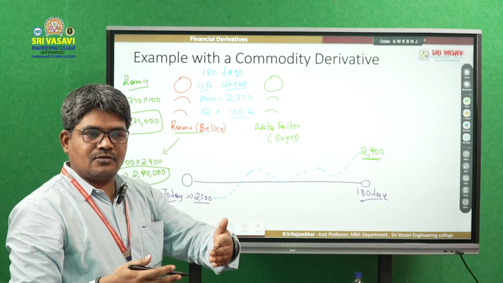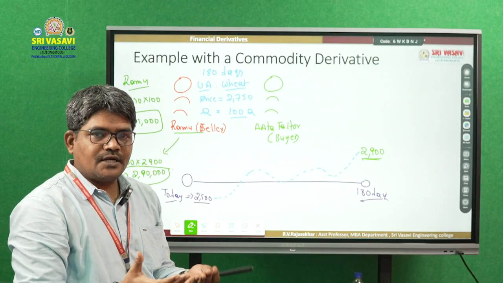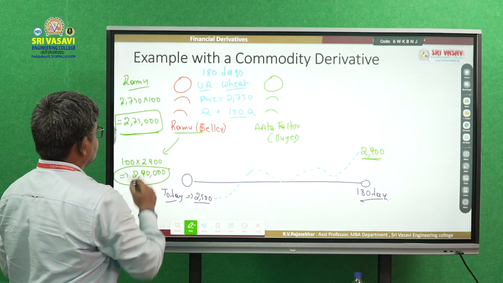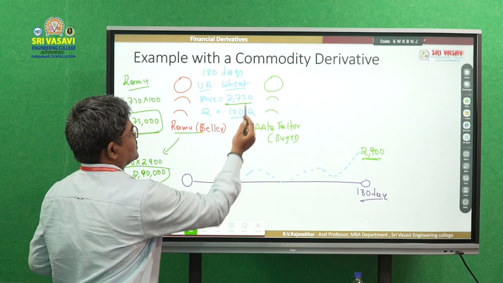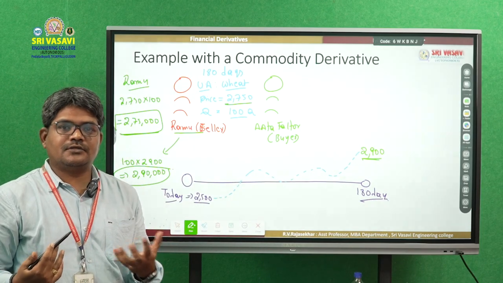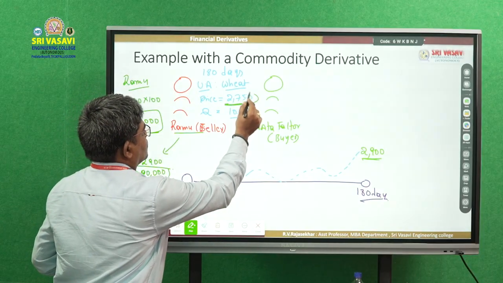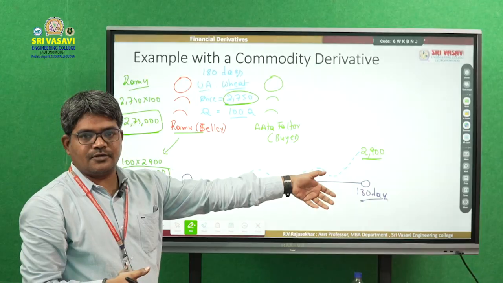Now the contract price is more than 2,500. You are able to generate more than 2,500. That means you need to be satisfied with the contract price. At the time of entering into a contract, you accept the contract, so you need to take it as normal. Your risk is covered, whatever the price may be. Your 2,750 is locked. Irrespective of the changes in the price on the maturity date, you are going to